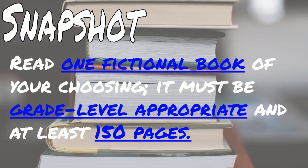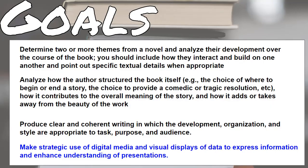You have to research the books yourself and make sure that it's going to be something that you not only like and will enjoy reading, but also something that you know is appropriate for your own well-being and spirituality and all of that. So check with your parents if you're unsure. So now moving on,